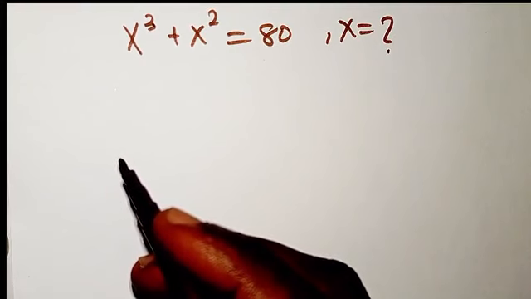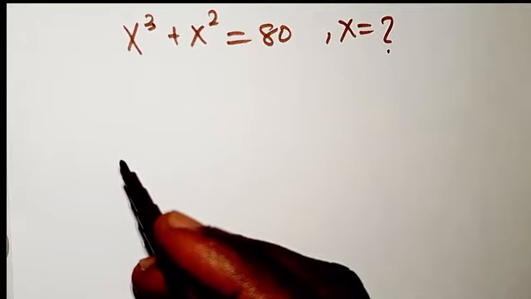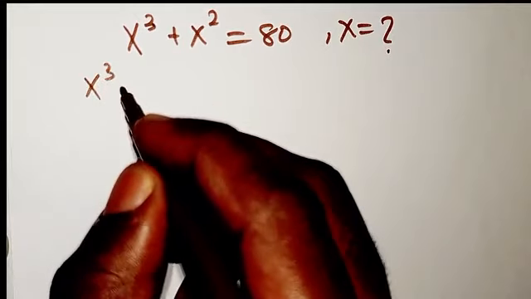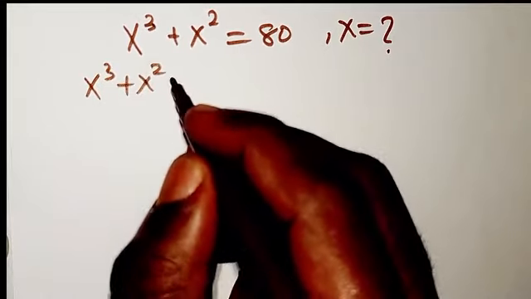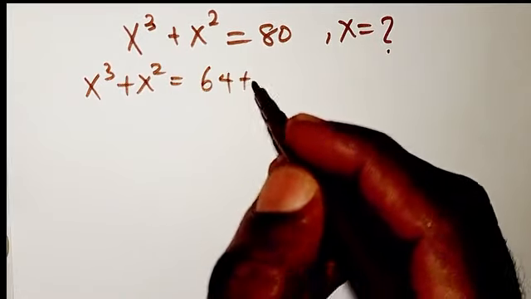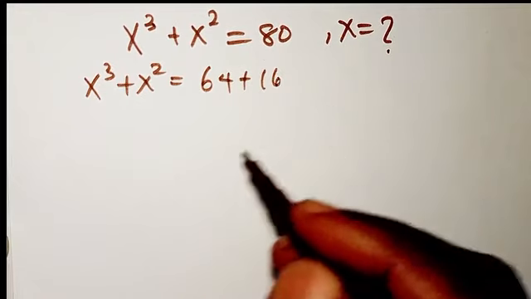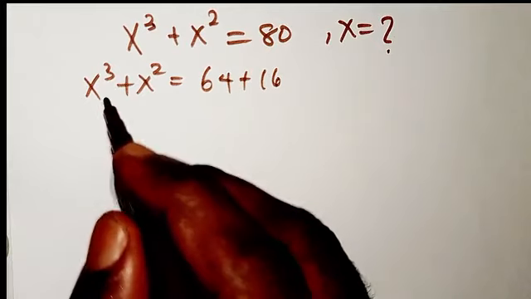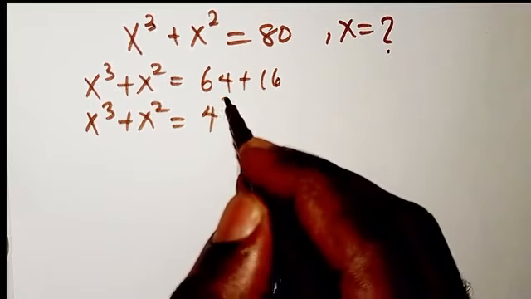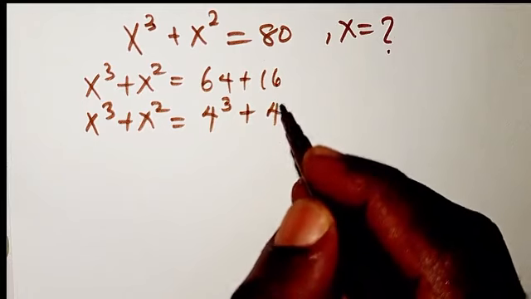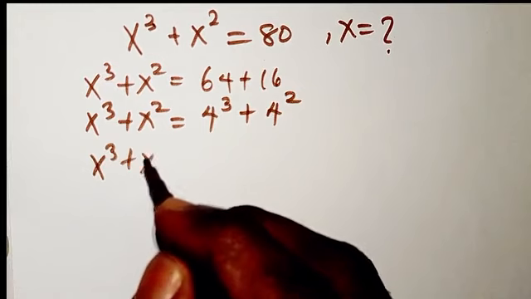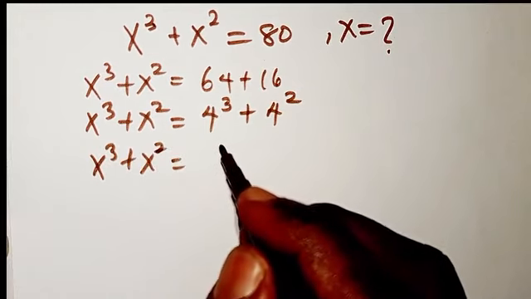This is an algebra problem and it's very beautiful. Let's see what we are going to do. I can rewrite this equation as x to the power 3 plus x squared equals 80. This 80 can be split into 64 plus 16. So now I can write x^3 + x^2 equals 64, which can be written as 4 to the power 3, and 16 can be written as 4 to the power 2. So from there you have x^3 + x^2 equals